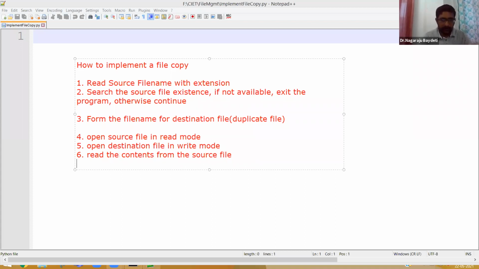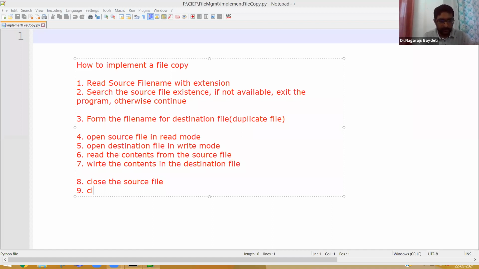Then finally write the contents in the destination file. It's very simple. Then finally close the source file and close the destination file. Tell me in case you don't understand the logic. If you understand the logic, writing the program is very, very simple.